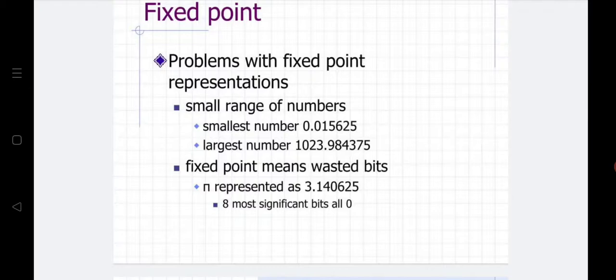Minimum value, the smallest number is 0.99999, whereas the largest number will be 49.49. Okay, so that will be the largest number. So this is nothing but, based upon the number of digits, my range of values will differ.